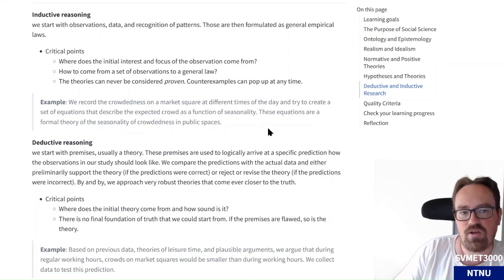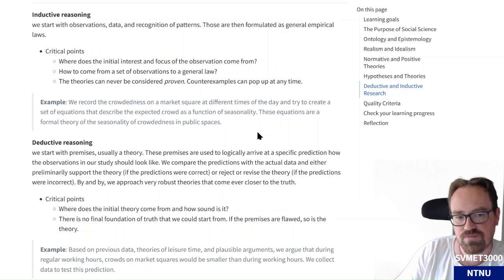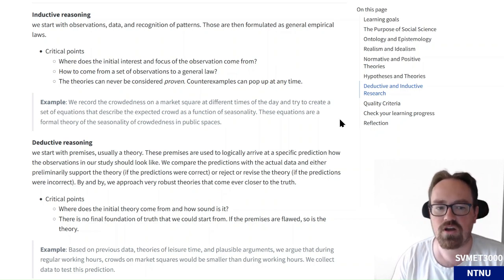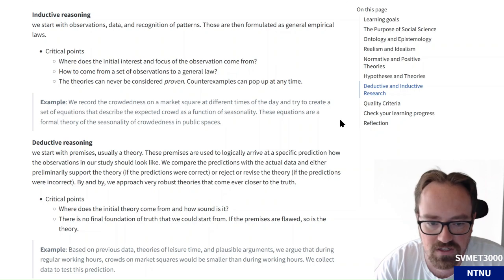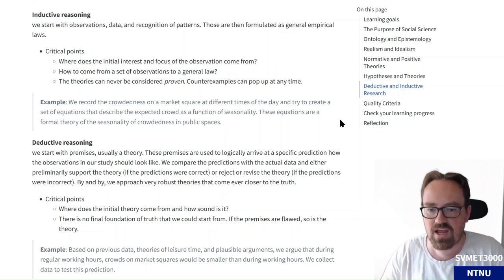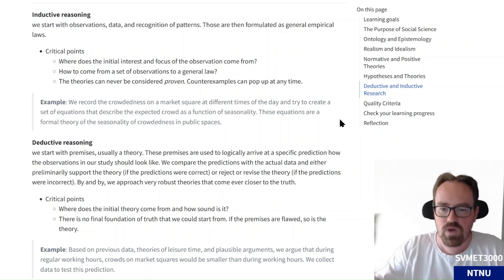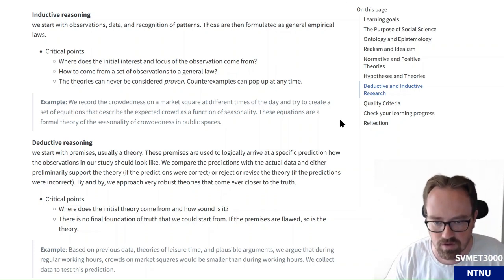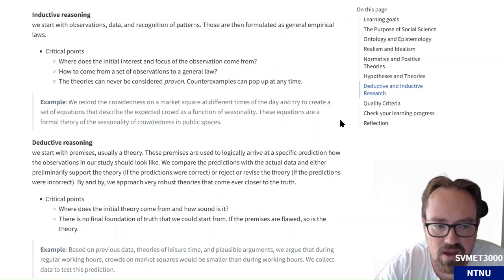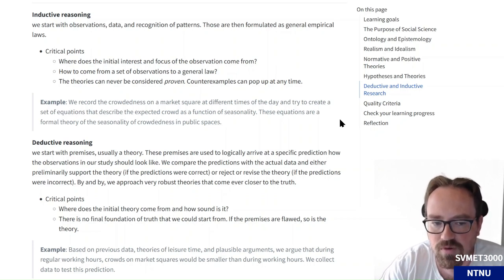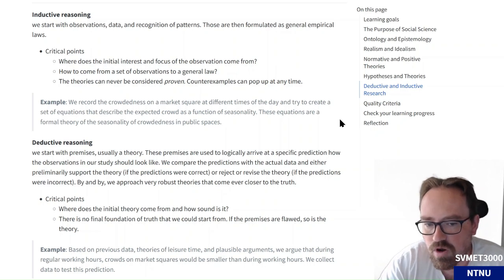An example of an inductive approach to the social world would be that we choose to record the crowdedness on a market square at different times of the day and try to create a set of equations that describe the expected crowd as a function of, say, seasonality. So time of day, weekday, season of the year. These equations are then, over time, a formal theory of the seasonality of crowdedness in public